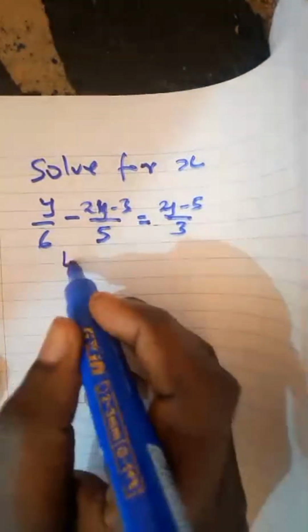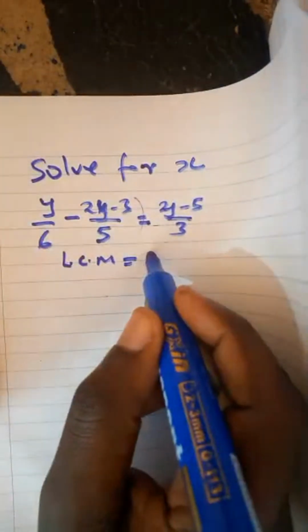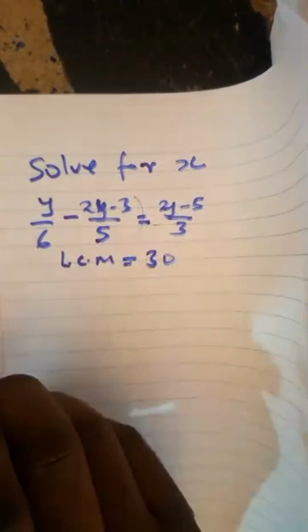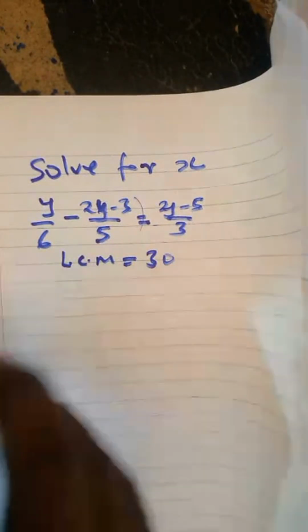So I know the LCM of the denominators is 30. So after finding the LCM,